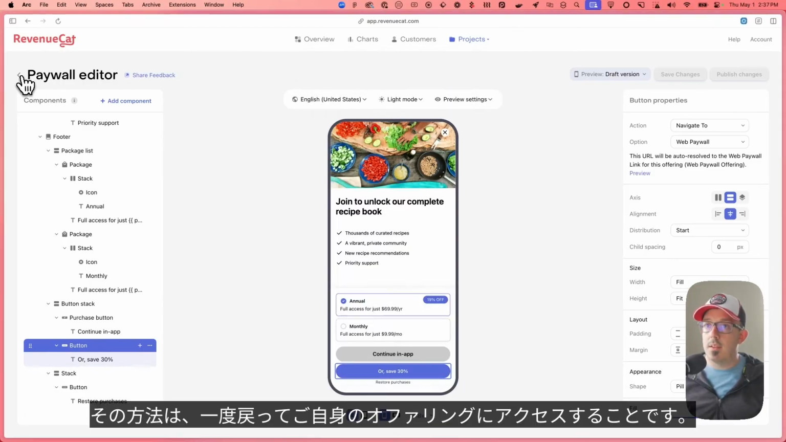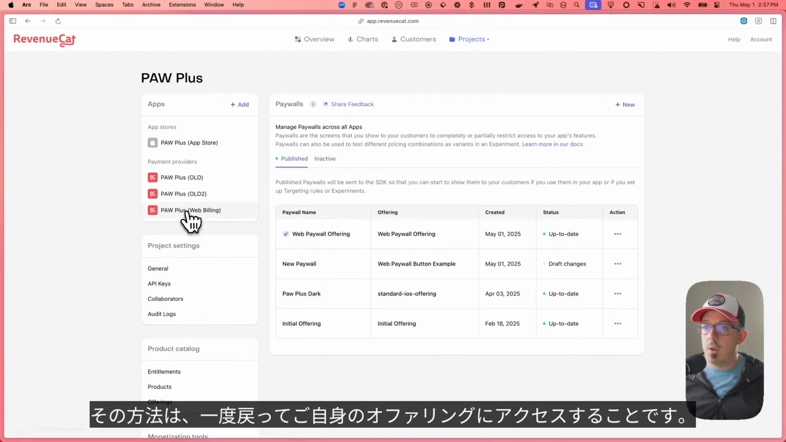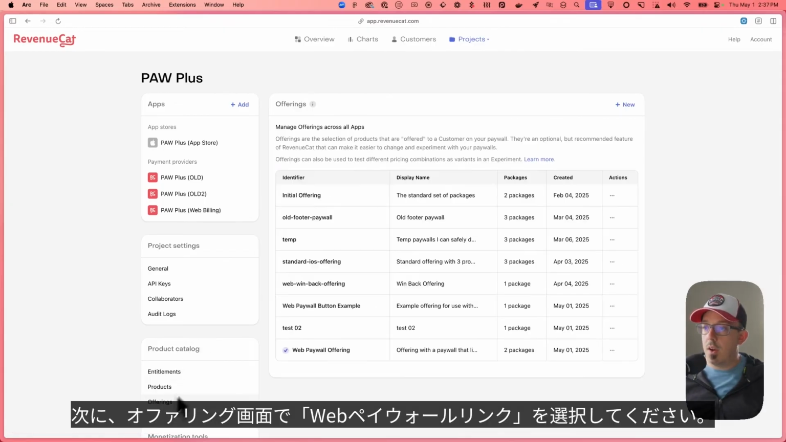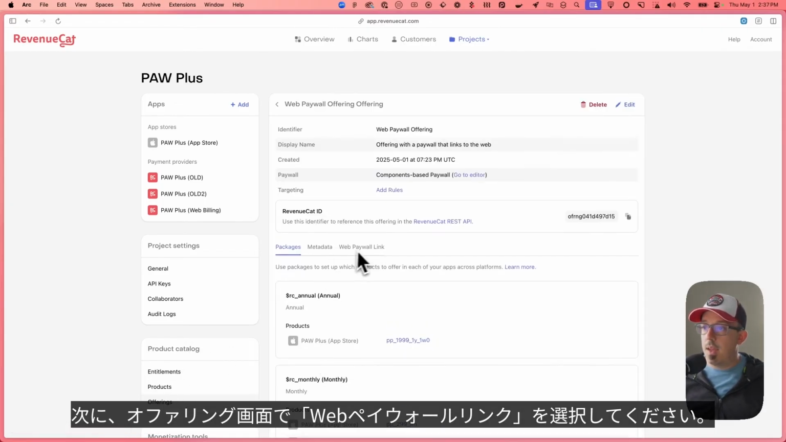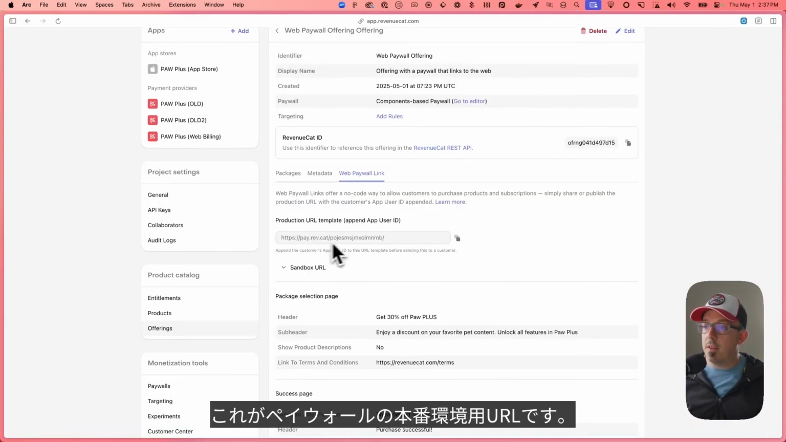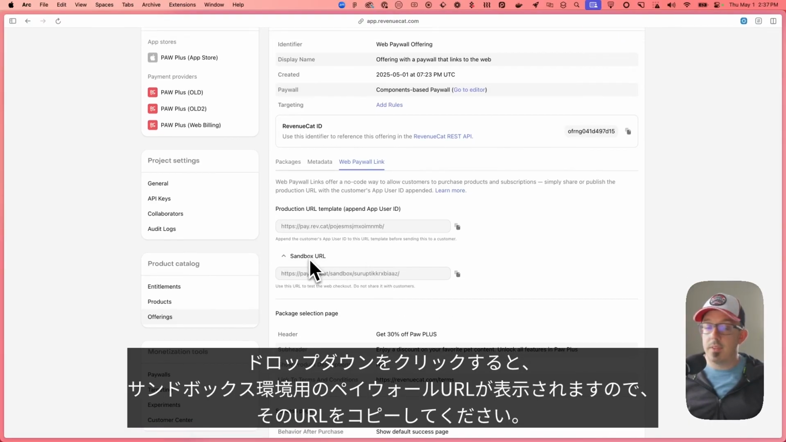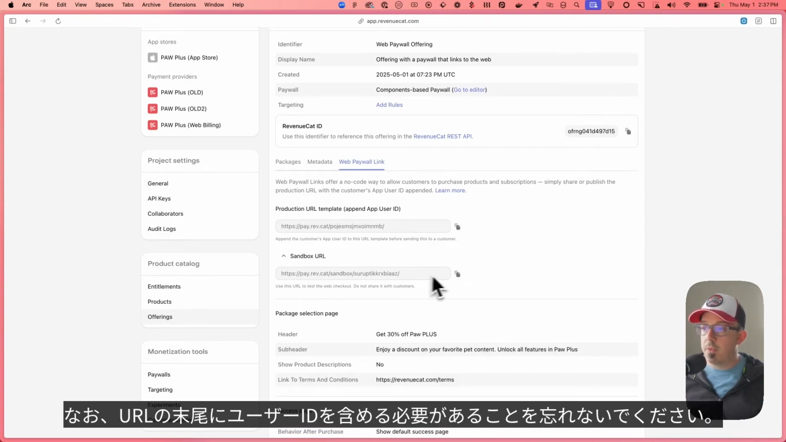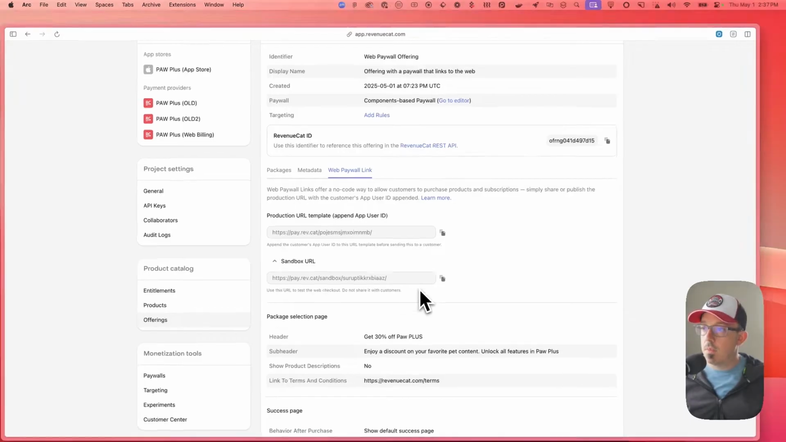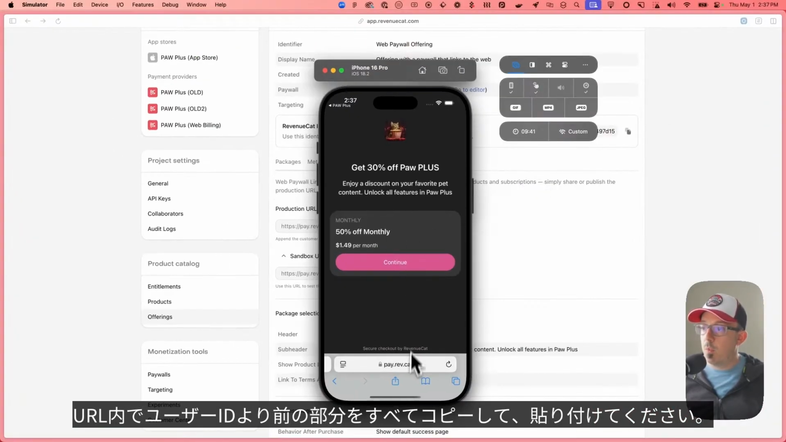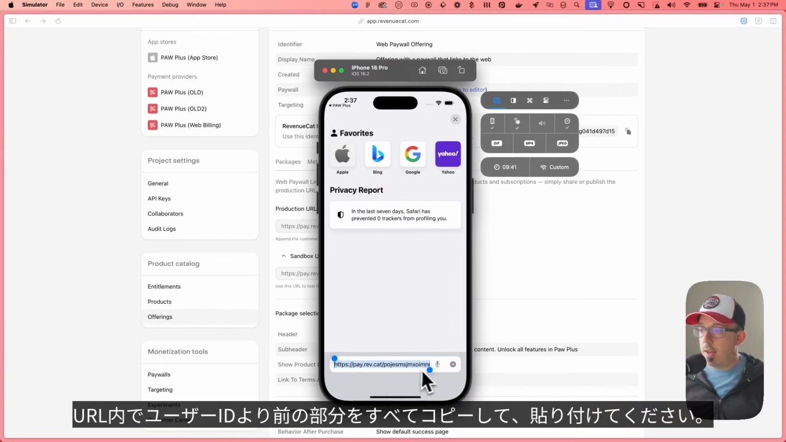And the way to do that is if you back out and you go to your offering and go to web paywall link. So this right here is the URL for the production version of the paywall. But if you hit this drop down, you'll get a URL to the sandbox paywall. So what you want to do is copy this, but remember we do still need that user ID at the end. So we can go into the URL here and basically copy everything before that and paste